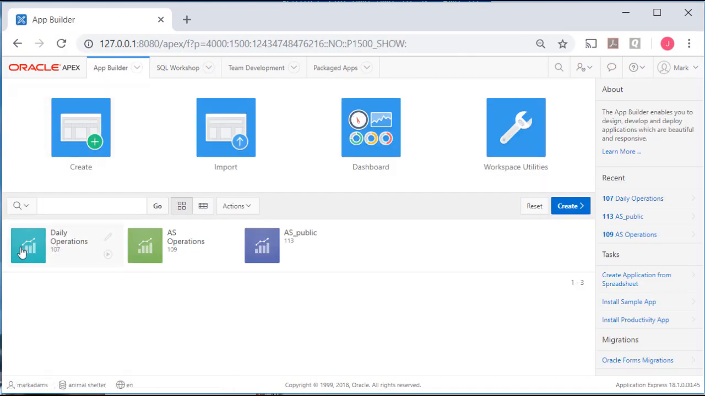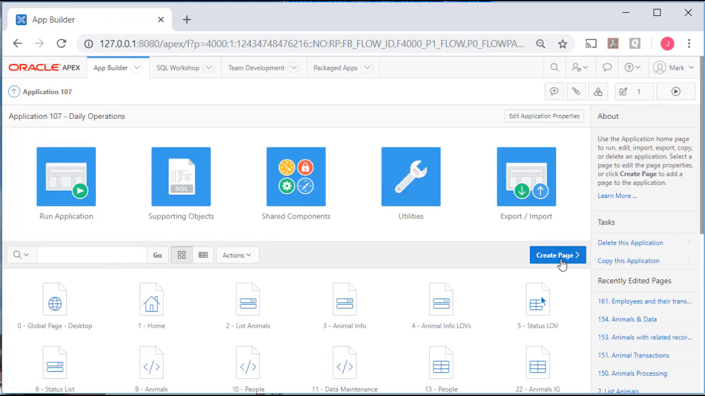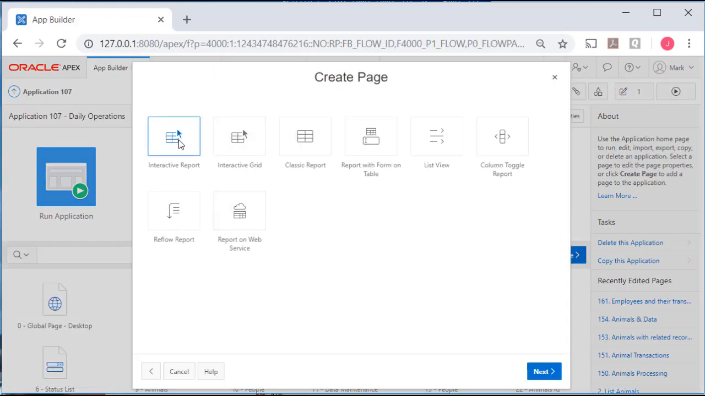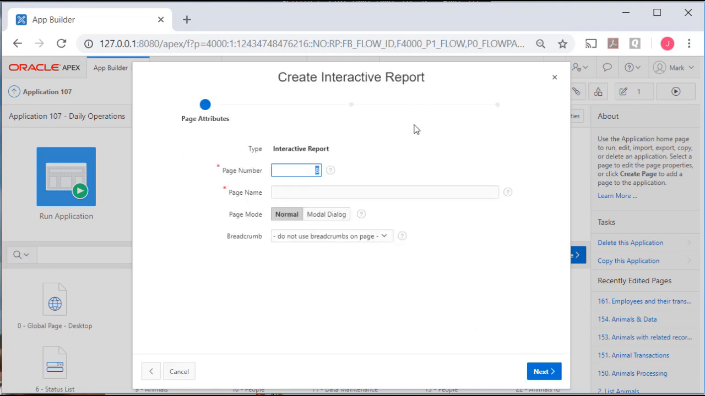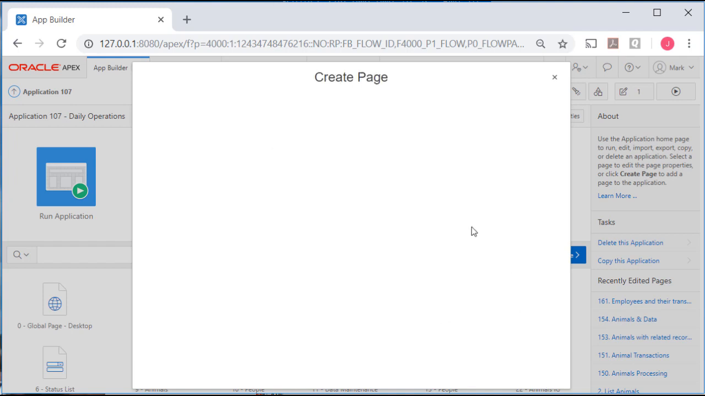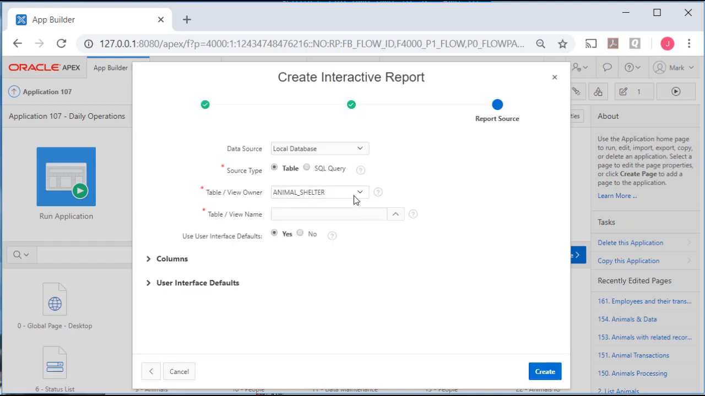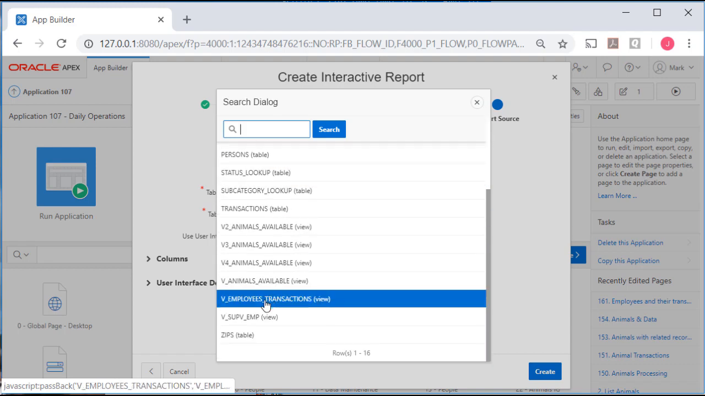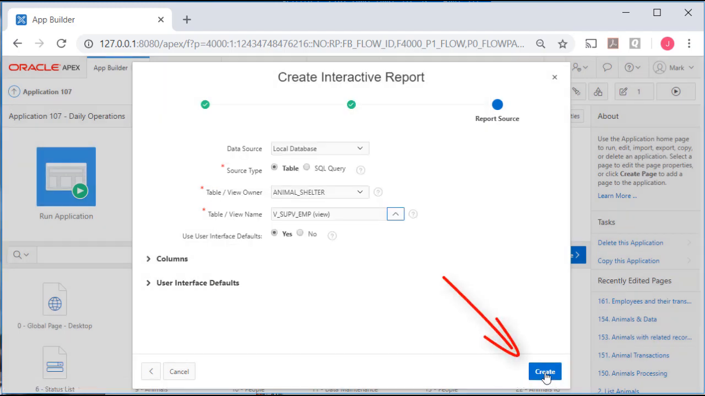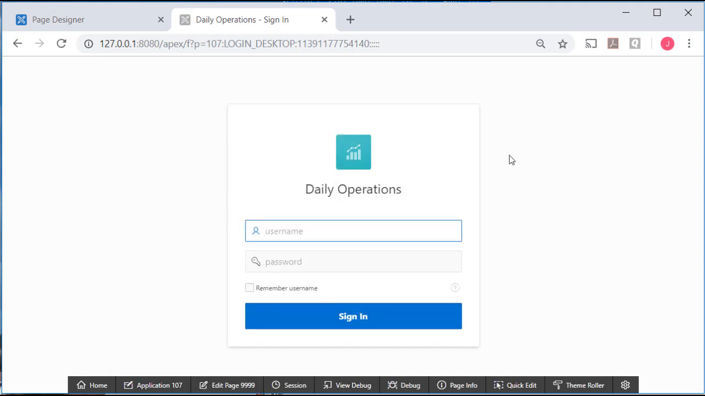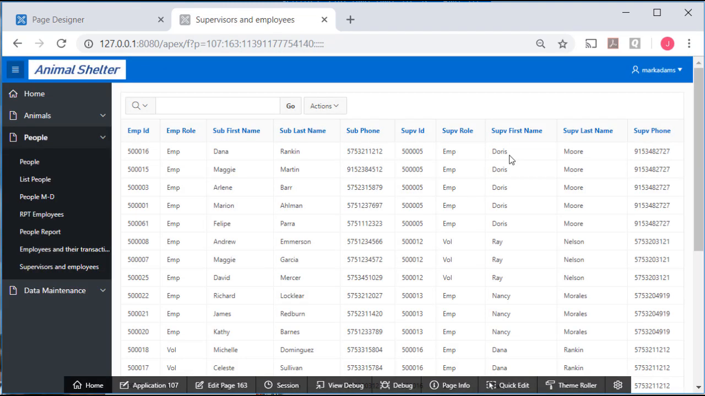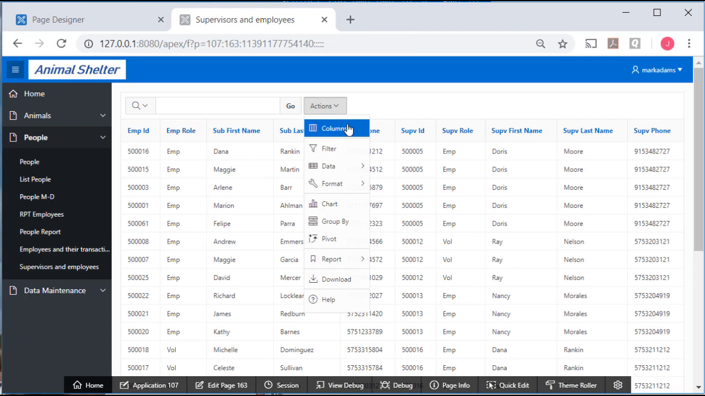Let's go to the application, create a page. This will be an interactive report. I'll make this 163, and I'll put supervisors and employees. We'll create a navigation item under people and select that view. Run that report, log in, and then I can come in here for the